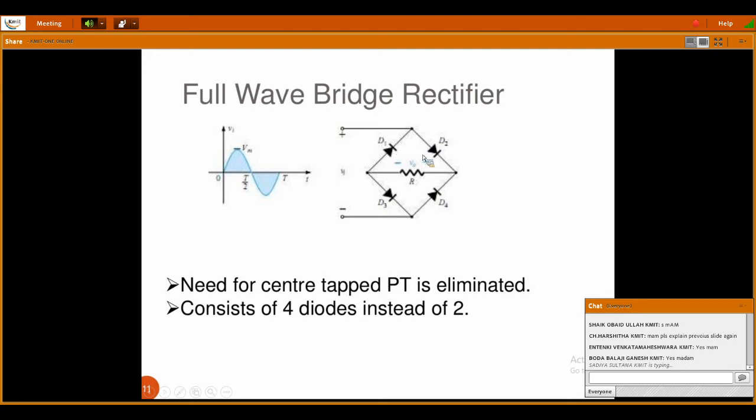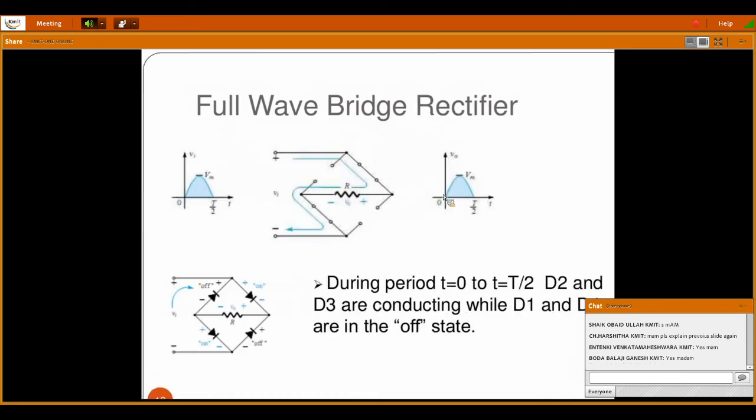See the namings here of the diodes D1, D2, D3, D4. In the upper side we are having D1, D2 and the downside diodes are represented as D3 and D4. So now here during positive half cycle, take the terminal as point A. Here it is positive polarity and this positive polarity is given to diodes D1 and D2, but D1 is in the opposite direction, so it is off, and D2 is in the same direction as the polarity, so D2 is on and D3 is also on.